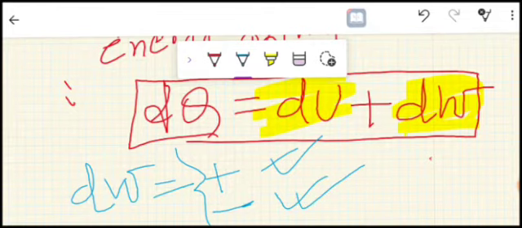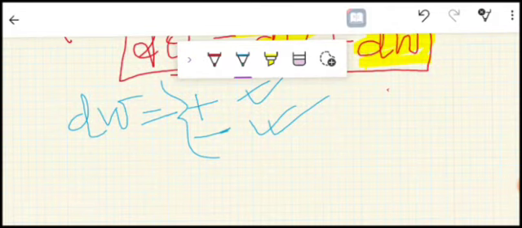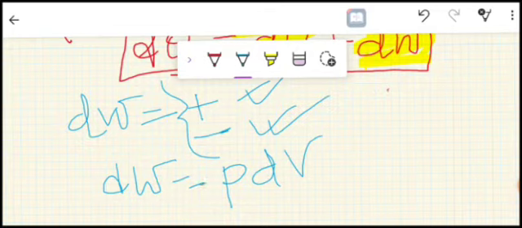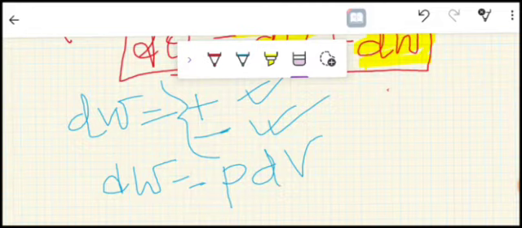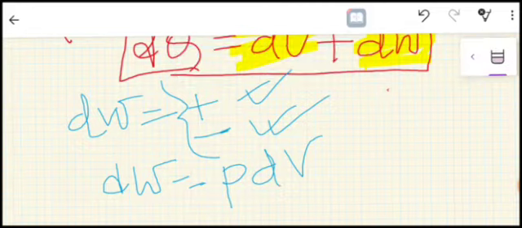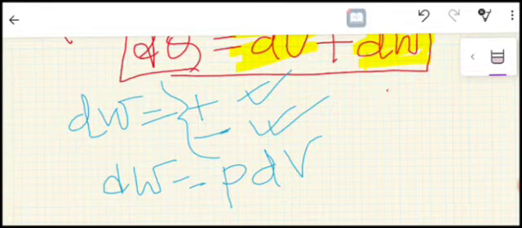Now, for hydrostatic system, dW is equal to PdV. For magnetic system, this is equal to minus HdM. We will discuss later about that. Now, this is the main mathematical statement of the first law of thermodynamics, which is nothing but the energy conservation principle. If we notice the equation, then we will see that